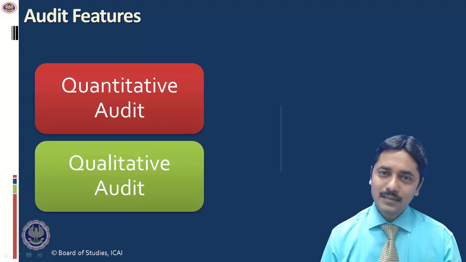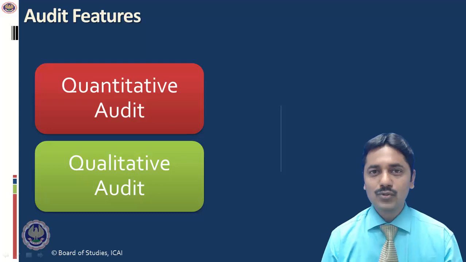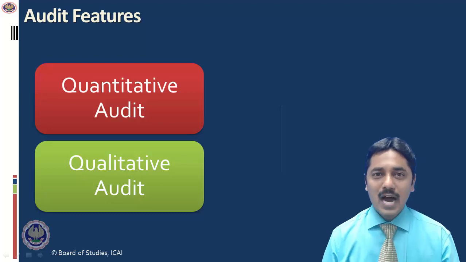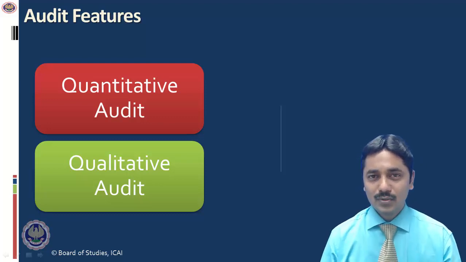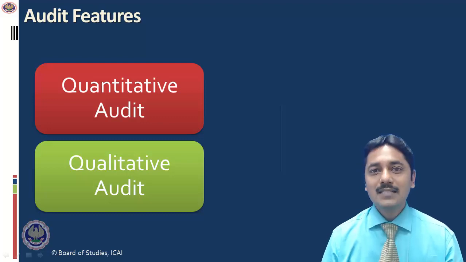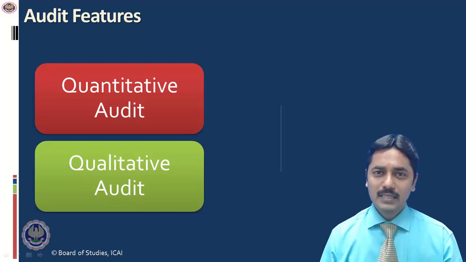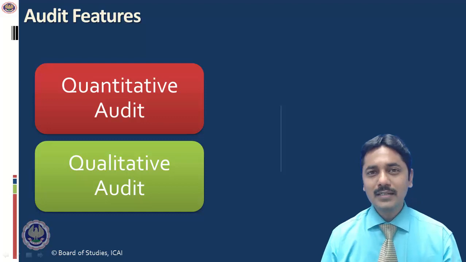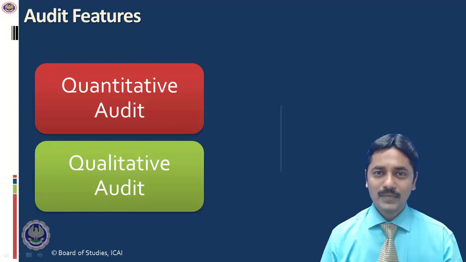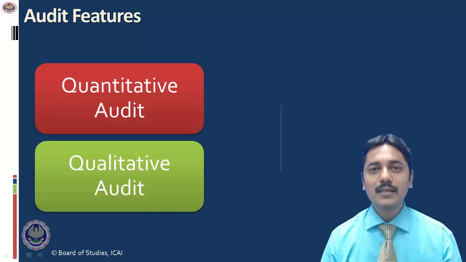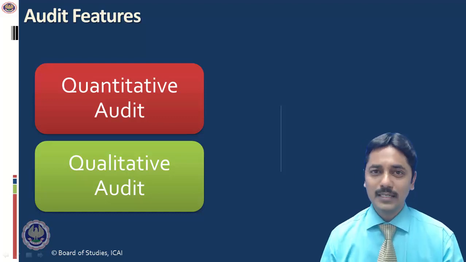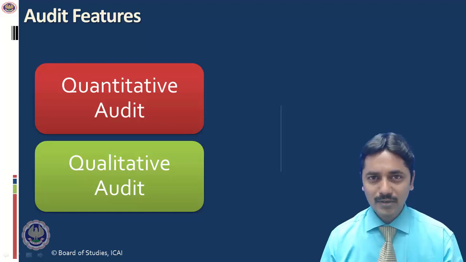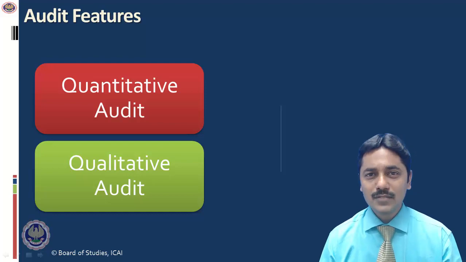is deducted, the amount of TDS deducted is also okay, it is also deposited with the government, but the problem is with date of deposit. It is deposited after the due date. So this particular aspect can be considered as qualitative aspect of audit. TDS is deposited, but it is deposited after the due date. You have filed the TDS return, but it is filed after the due date. So this is called as qualitative aspect, and we are going to discuss this feature now.